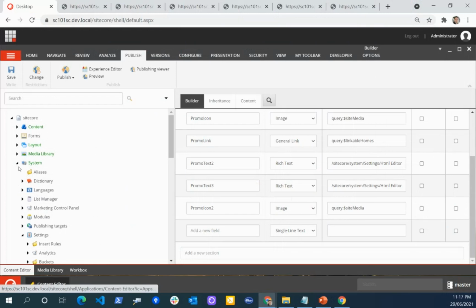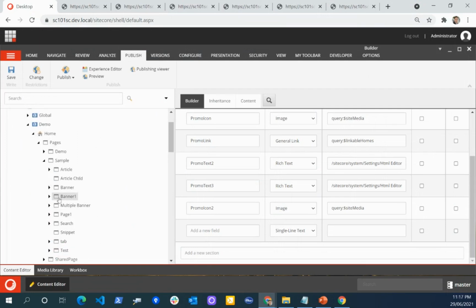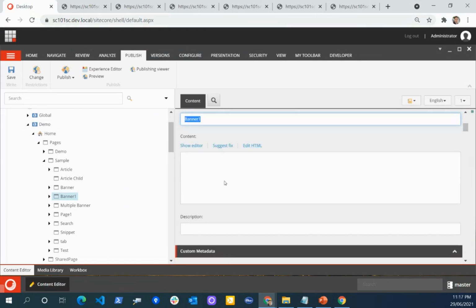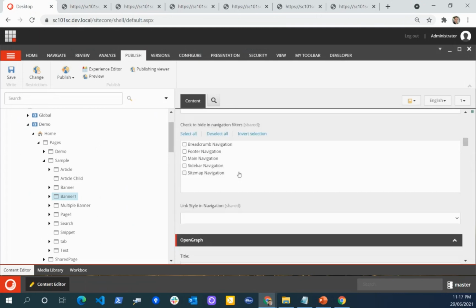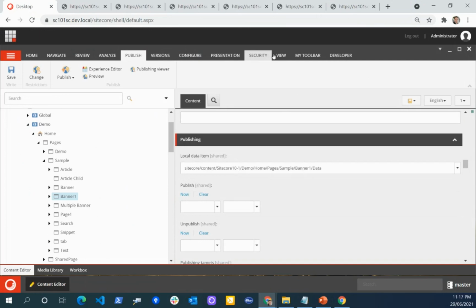So for the banner one, if I go to the page content, and this is a very common scenario, I just wanted to emphasize. So this banner one, you can see this is a title, content, description, and then here I got a few more fields. Let me close this render value.